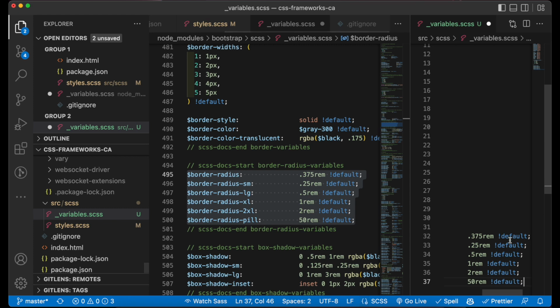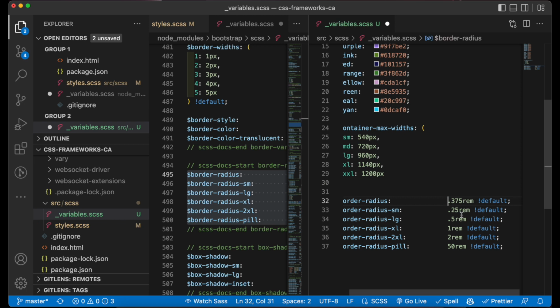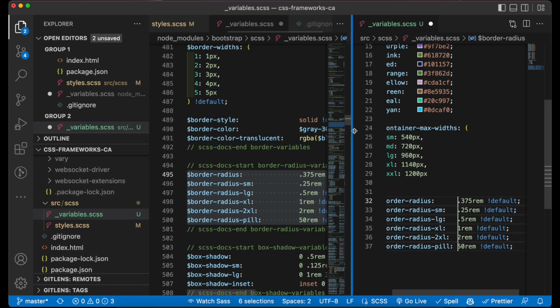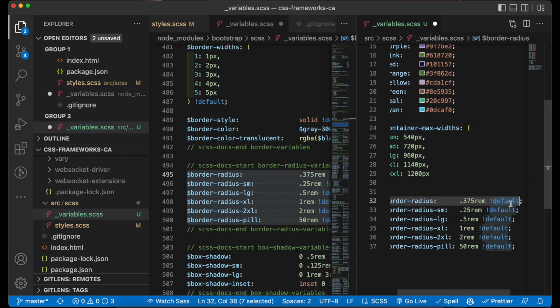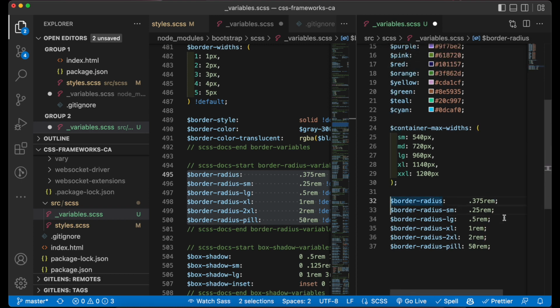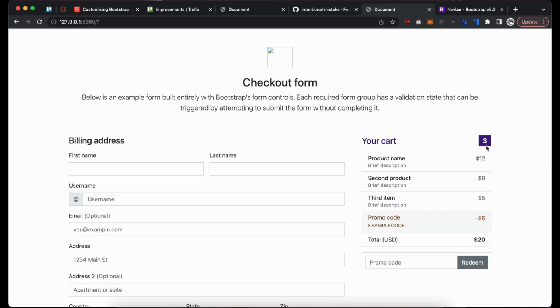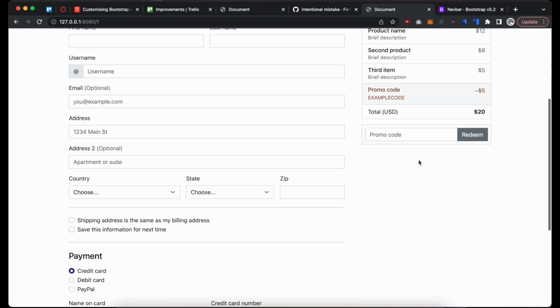So to do that, you would... what happened? Okay, it's hard to read. So to disable border radius, I'm going to start off by taking away those default tags again. And then I'll just change these all to 0. Okay, so if we check our application again, we can see that stuff like buttons and pill icons, they no